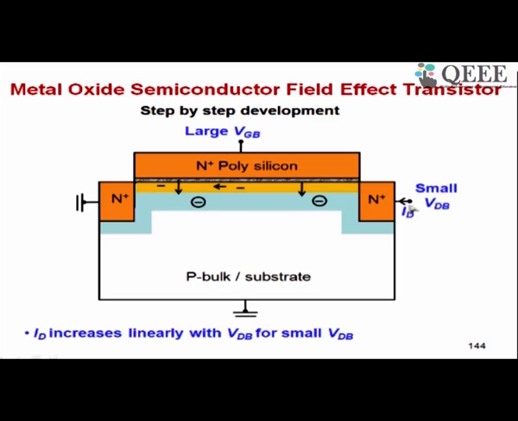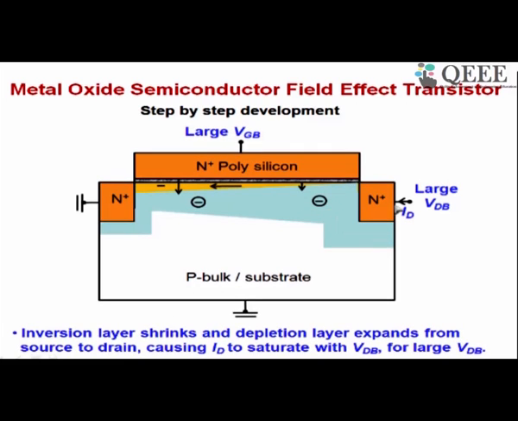So when you apply this voltage, you will get a current that flows like this through the inversion layer. That is what is shown by this arrow. So the arrow shows conventional current movement, whereas electron movement is in the opposite direction. Now supposing you apply a large drain voltage. Now what is going to happen is the charge conditions in the device will change as shown here. Now let us see why they change like this.